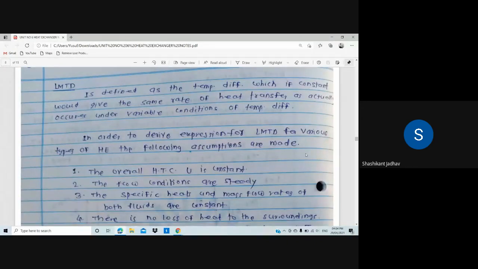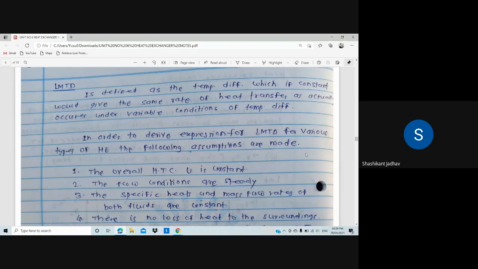Okay. All of you write down the definition of LMTD. We have considered the heat exchanger, and whatever the temperature difference is for the heat exchanger, we consider it constant throughout the process. And how do we find it out? That temperature difference is nothing but LMTD. So write down the definition for the LMTD. It is defined as